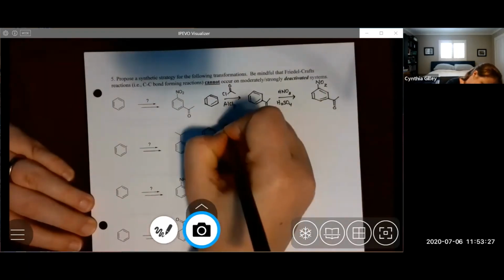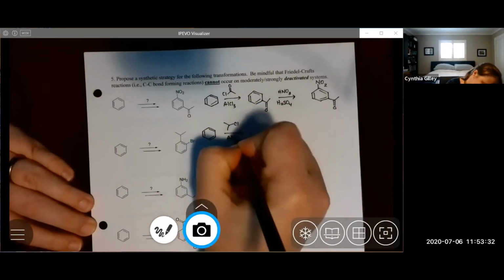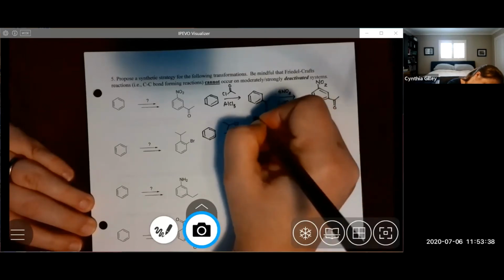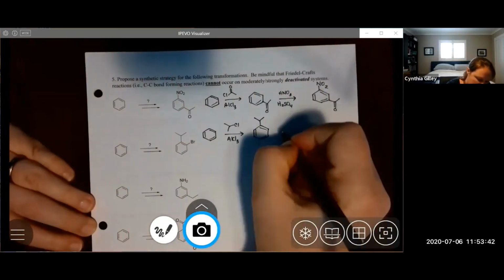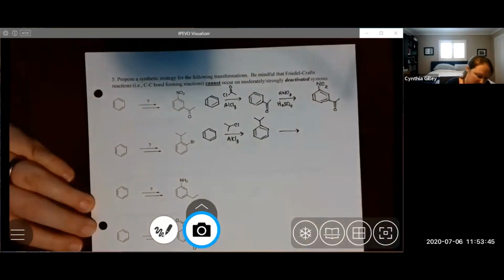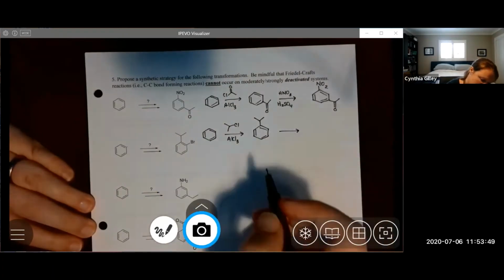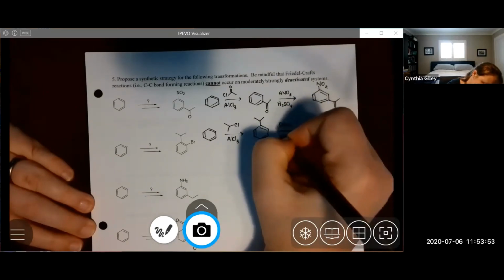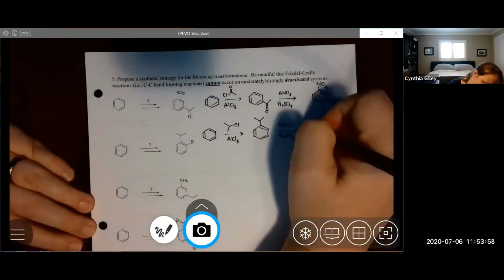So to do that, you can do a Friedel-Crafts alkylation reaction. We've now introduced an ortho-para director, right? So the next group will go para. So we need to block that position. We don't want our bromine to go there, so we need to block it. To block it, we're going to use concentrated H2SO4, and add in a sulfonyl group,